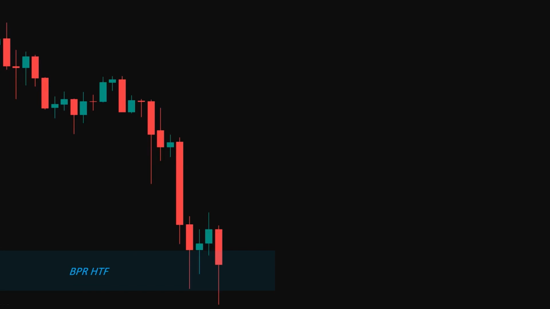Now, as you can see, price swept a low, then closed back above that range, and started to move lower again. That's our first step done. Next, we look for step 2, the reversal, which we can see hasn't happened yet. Then comes step 3, the shift in market structure, and right after that, we spot a breaker block and another fair value gap. If we mark both of those, you'll notice how they overlap perfectly, adding strong confluence to our